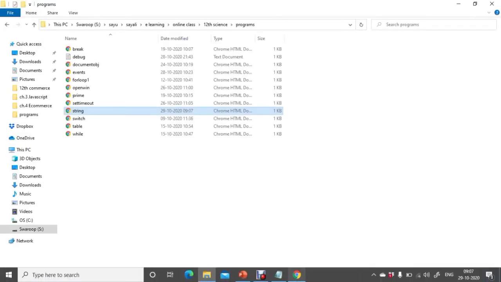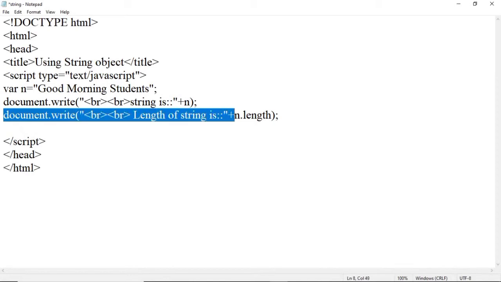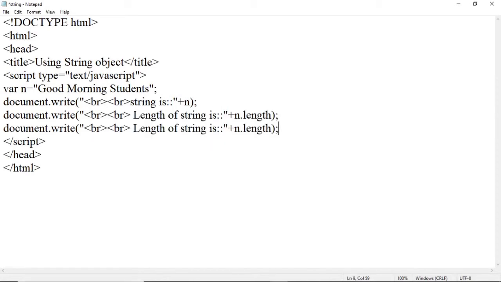Now we will use some more methods of it. Let us copy this statement. Now if we want the character at a particular position, suppose the character at the 4th place.